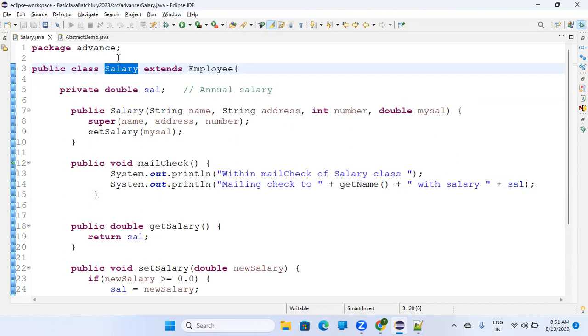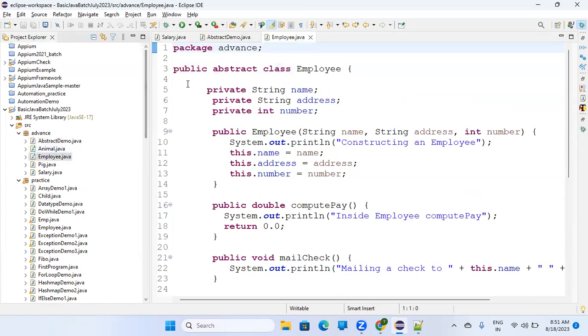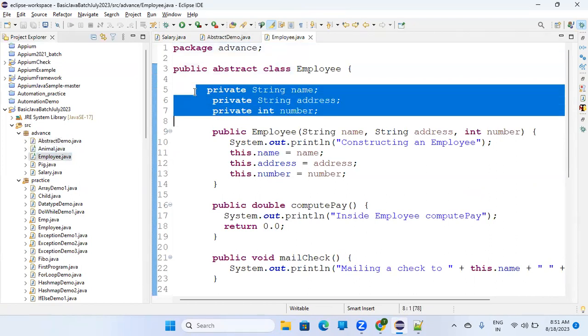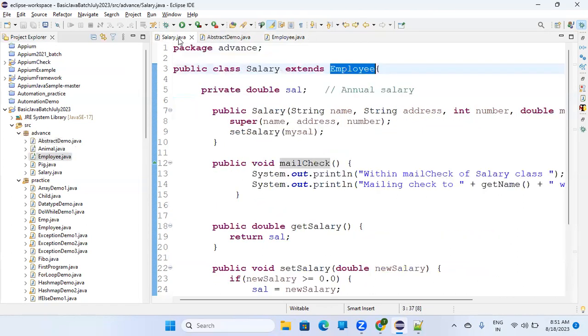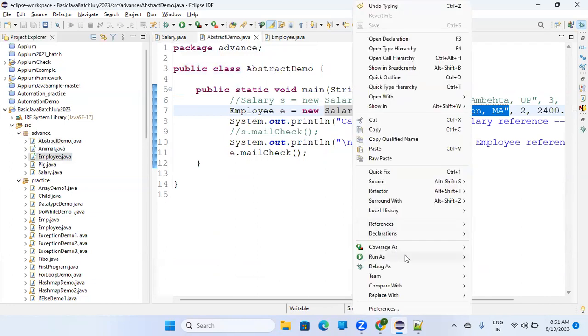Let's understand. When you extend the employee, you already have all the properties of your parent class. What was that? Any employee. This one, it is a private property. That's fine. But your child can access it through the getter setter and through the constructor also. Okay, so it works like that. And now you'll be able to execute it. So if I run this thing,